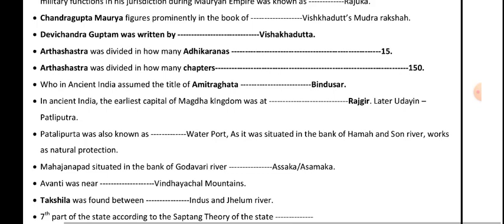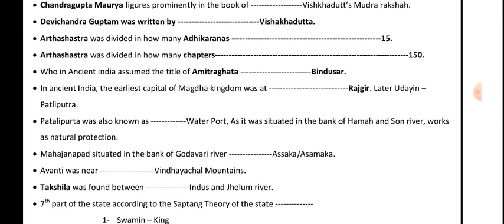Chandragupta Maurya figures prominently in the book of Vishakhadatta, Mudrarakshasa. Devichandraguptam was written by Vishakhadatta. Arthashastra was divided in how many